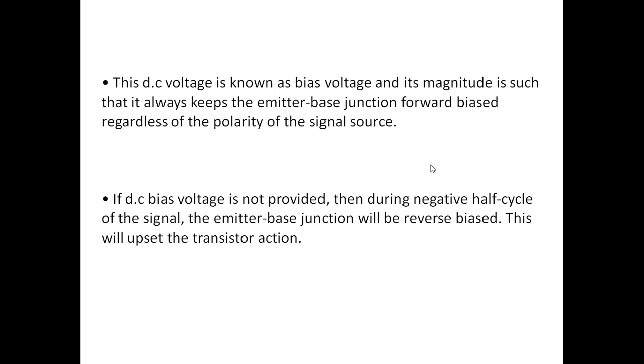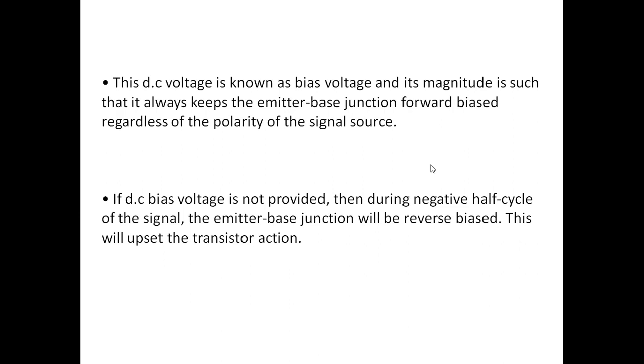The source signal is a sinusoidal signal. It consists of positive pulses and negative pulses. The combination of positive and negative pulse is a total cycle. So, during the negative half cycle, the emitter junction may undergo reverse bias. Therefore, it should not happen in order to use the transistor as an amplifier. If the transistor is used in an amplifier circuit, it should always be in the on position only.